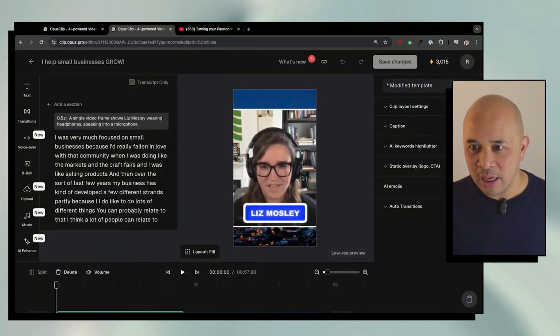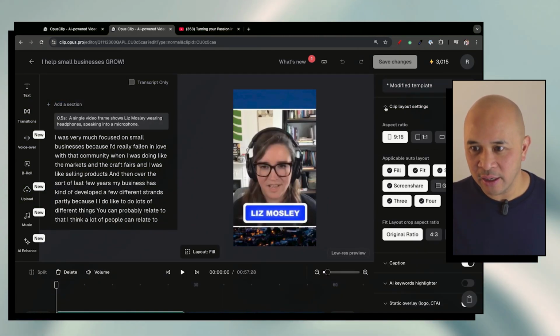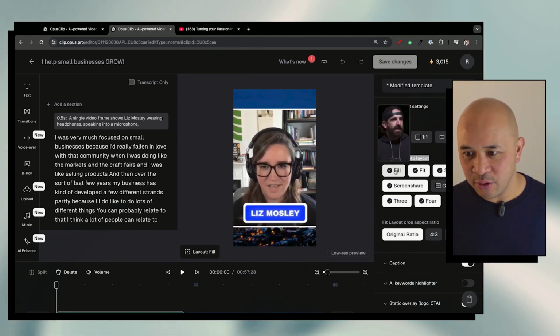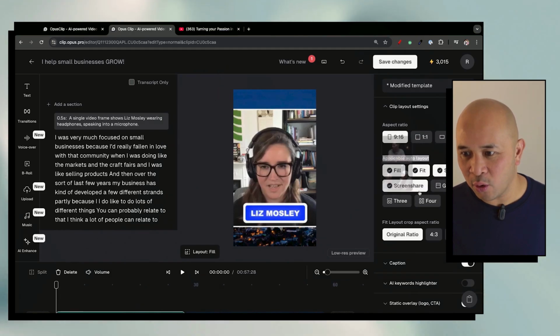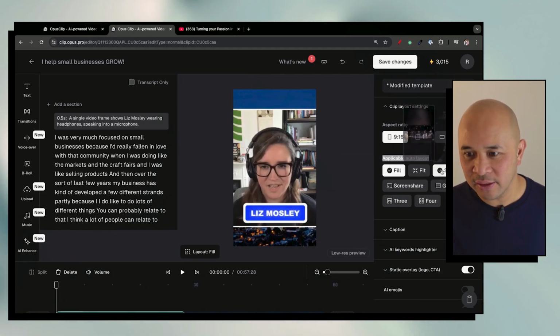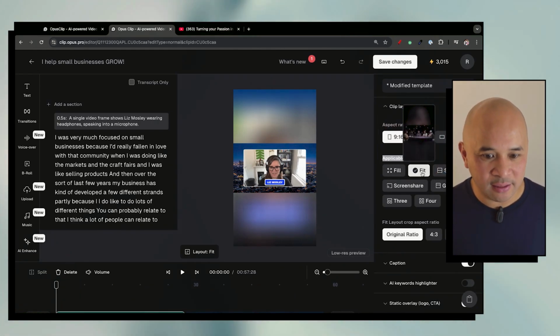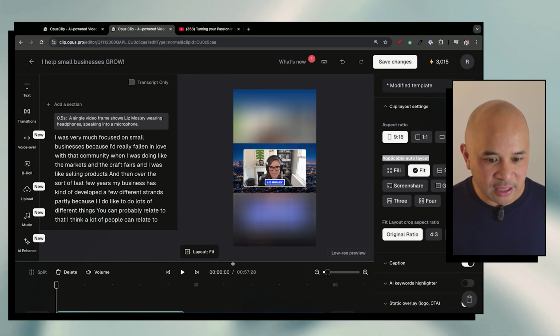All right, so if you go down here and click on clip layout settings, you'll see here that there's a bunch of applicable auto layouts. Now you can check off all of them, or you can just check off certain ones. But for example, this one, if you want it to just have the fit view like this, and then when I play it,